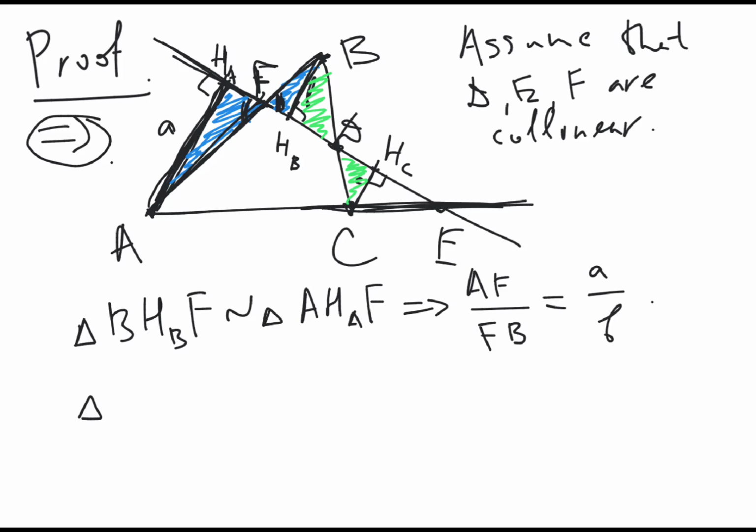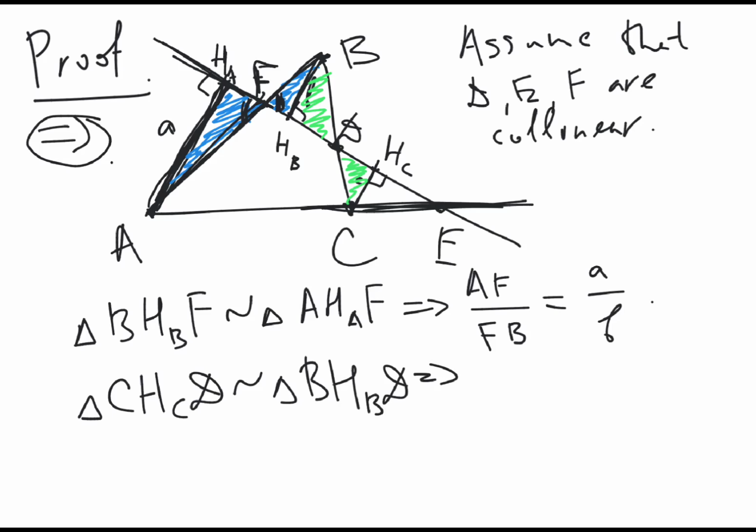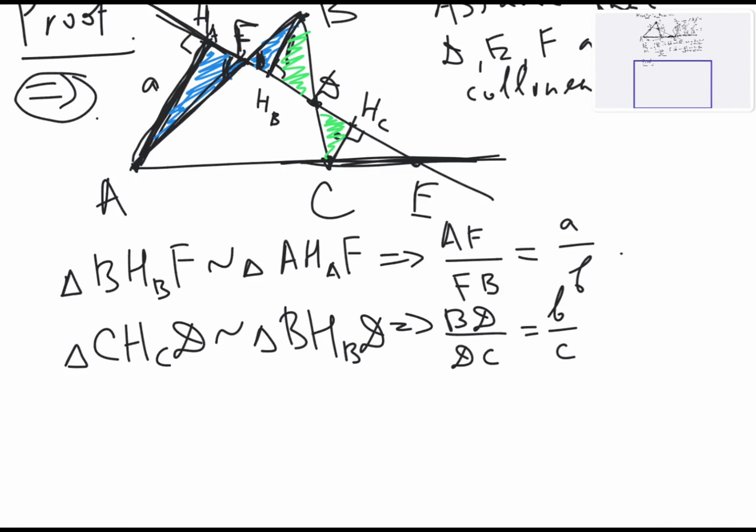So the triangle CHCD is similar to the triangle BHBD, and from this we obtain that BD over DC is equal to B over C, and then the third